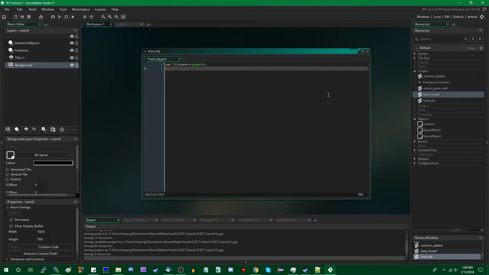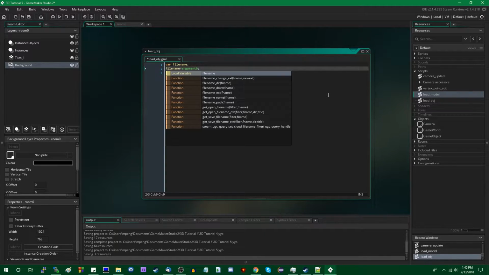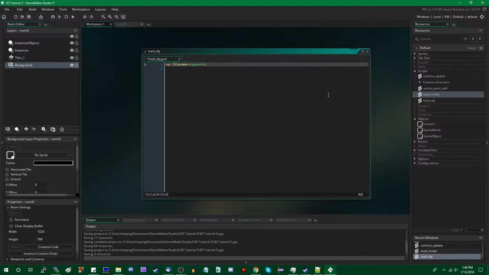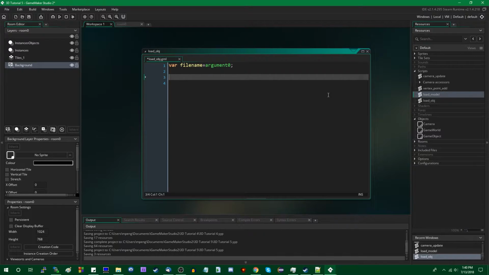I should mention, if you are using GameMaker 7 or 8 or something like that to follow this video, you will have to make a couple adjustments before this code will compile. For example, when you're declaring your local variables. But this is not a video on compatibility between GameMaker versions. Let me increase this font size a little bit.